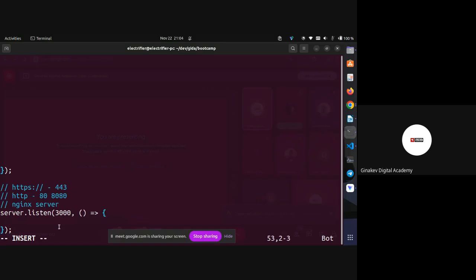So just run this log as soon as the server starts running: the HTTP localhost, to identify the IP address, port 3000. Okay. Now